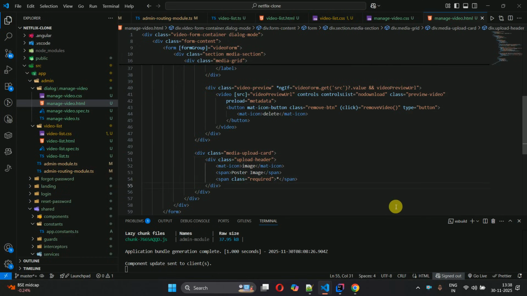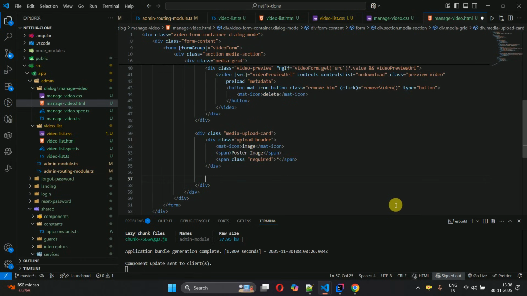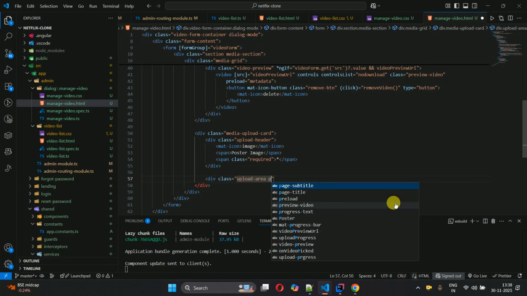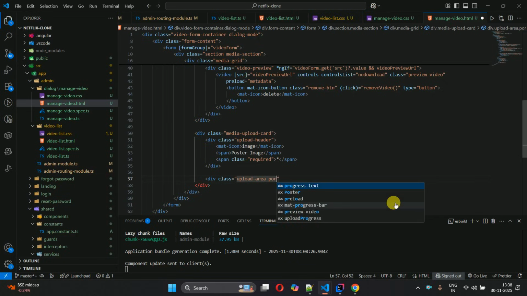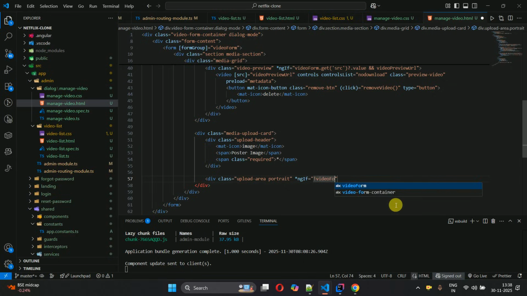After that, inside of this media upload card, we have to write div class upload-area-portrait. It was added earlier in the portrait, so we will go with the same name, and *ngIf. In the same way, in the video form we have checking for src, right? In this one we are checking for poster, and videoForm.get('poster')?.value,